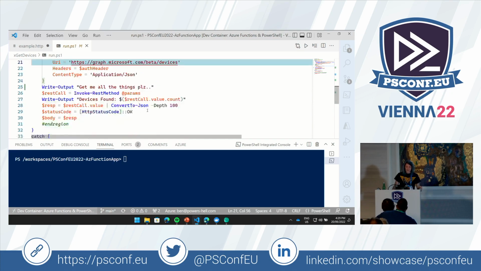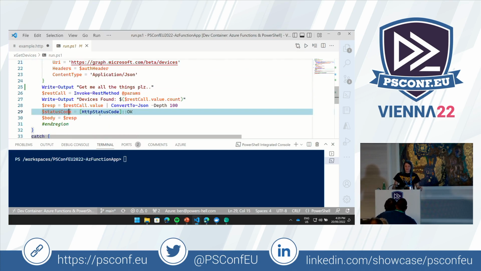The rest of the stuff here, we're just getting the data. We're just going to count how many devices I have in my environment and give me all of the information on that. The status code, this is kind of why we need that System.Net library, because we're returning a